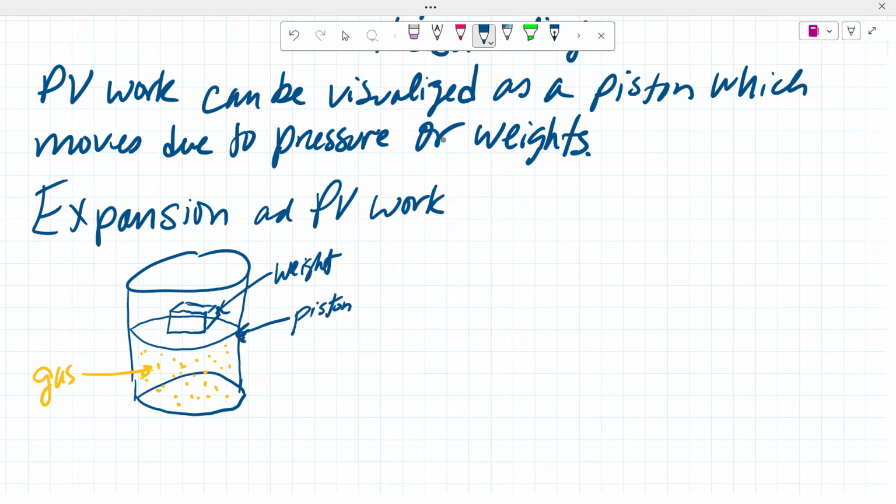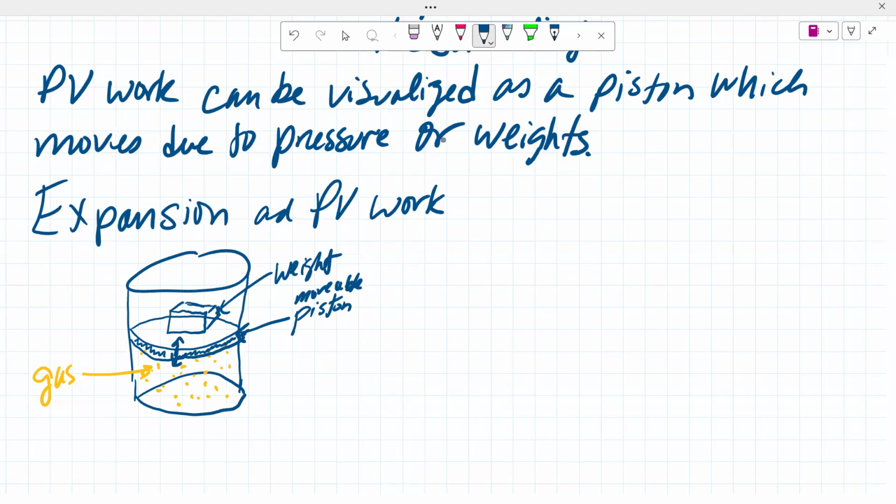Right, and the piston can move up and down. So I'm just going to do it like this. The piston can move up and down. We could even write "movable piston," and it will stay nice and stuck in its cylinder here. We'll just do this to give it a little bit of depth. All right, so there we have our situation. There's a box sitting on top of a piston.